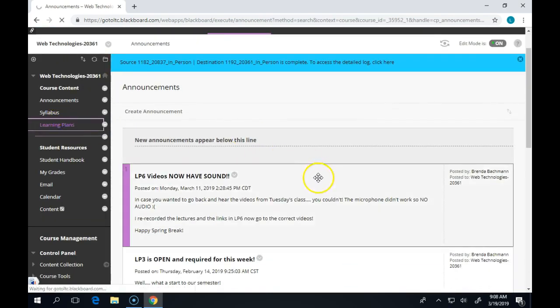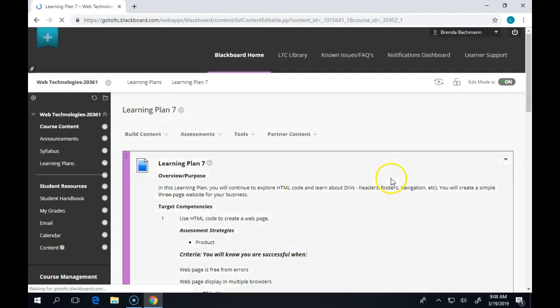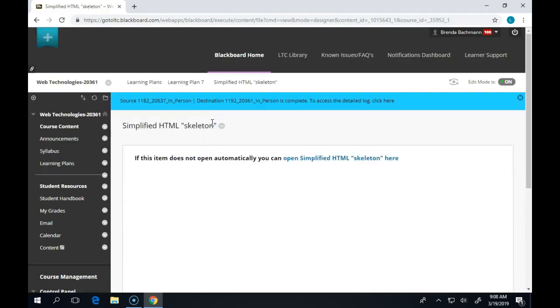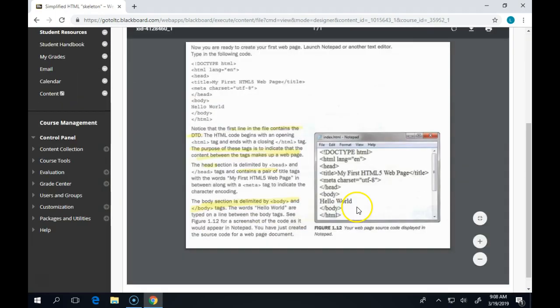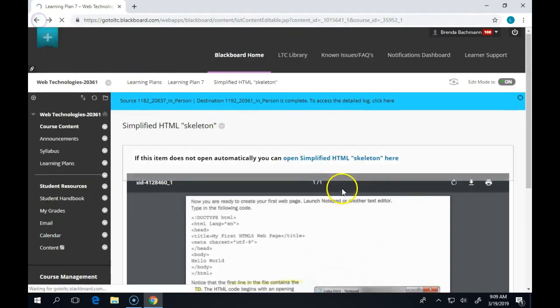All right. So in Learning Plan 7, a couple things. Simplified HTML skeleton is just a visual picture. It's not an actual file. So this is the basic, easy part of a document. I don't think we're going to need this today. You might have it still in your handouts anyway, but the other documents that I put in here, we're going